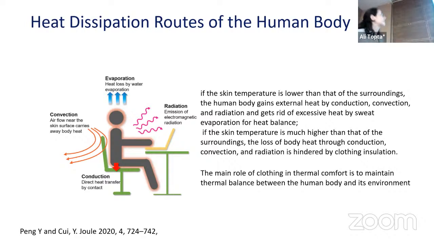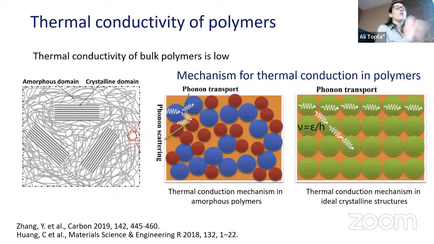And if the skin temperature is lower than the surrounding, then the human body can gain external heat by conduction, convection, and radiation, and can get rid of the excess of the heat by evaporation. Conventional textile materials and also polymers usually have a low thermal conductivity, and the reason for the low thermal conductivity